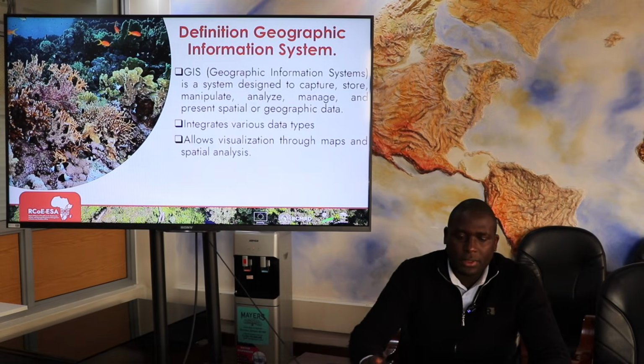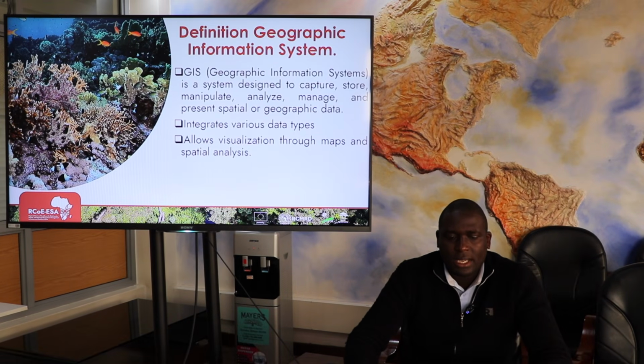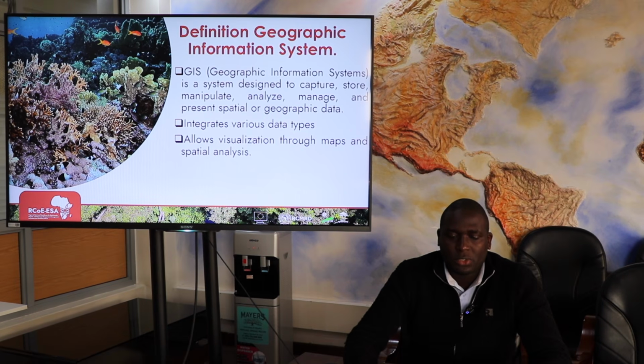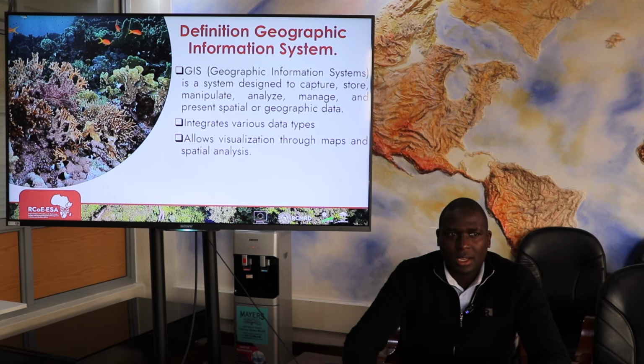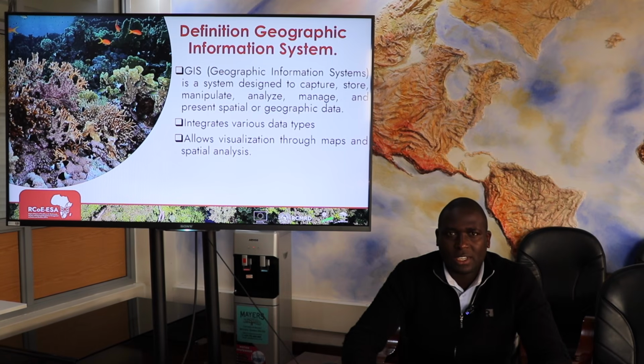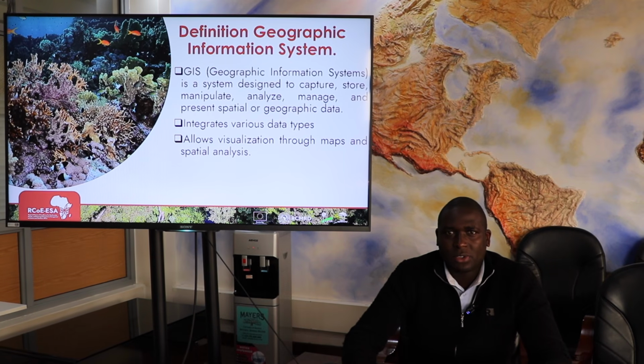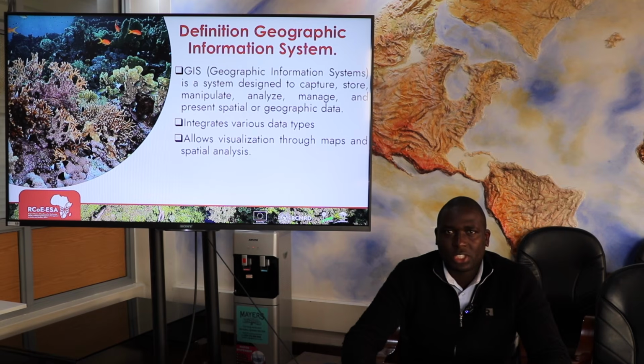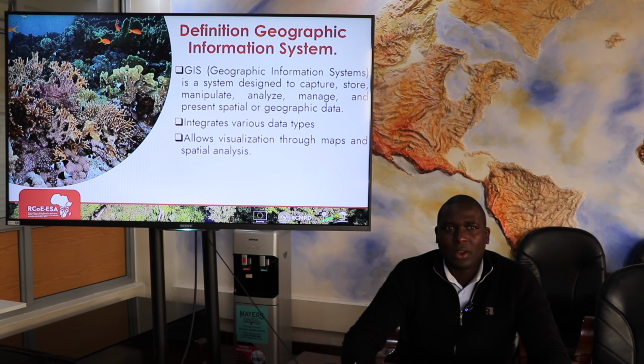First, I'll begin with the definition of GIS. GIS is an acronym that refers to Geographic Information System. It is a computerized system that is able to handle spatial data. Spatial data refers to location data that has location components, and the location can refer to either relative or absolute location. Absolute location is given by latitude and longitude coordinates, and relative location is given by another location that is